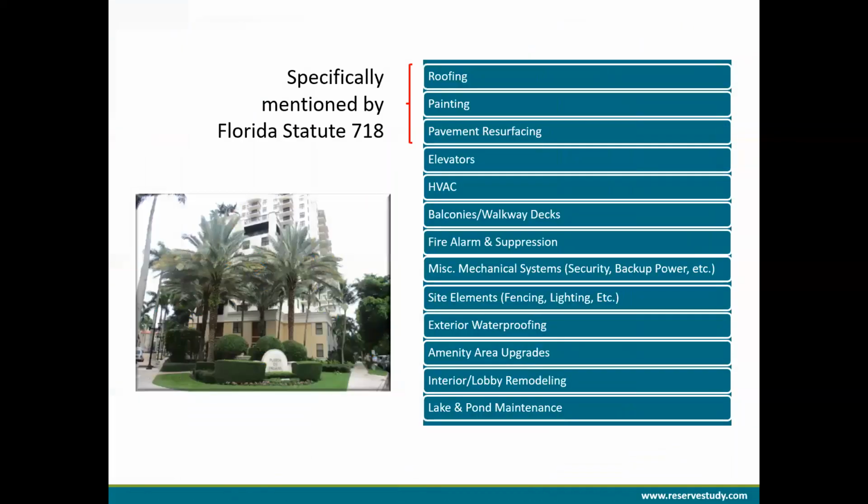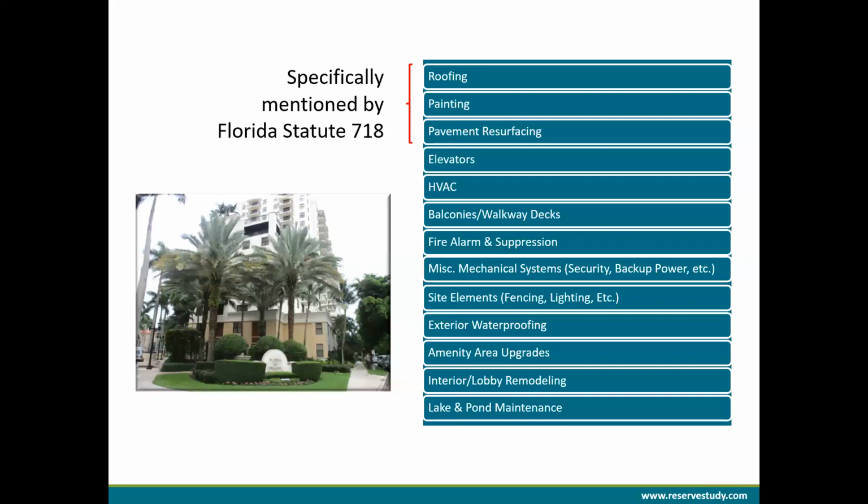Okay, that was a lot on that slide. All right, let's move on to this one, a little bit simpler here. On this slide, I've drawn a little red bracket there at the top, which is around the top 3 components. Those are the only ones specifically mentioned by the Florida statutes. Now, again, this is not counting this new SIRS requirements, but I think the point is I want everyone to look down the rest of the list here, and you will see a lot of the other components that we routinely include in a reserve study.